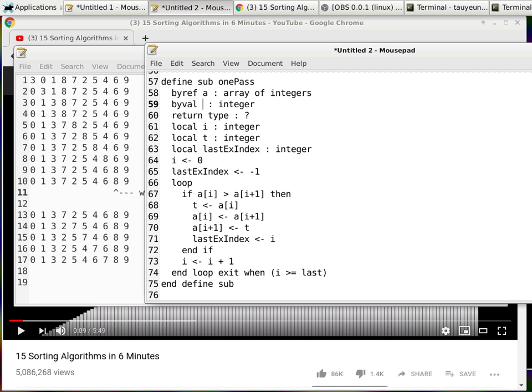Actually, let me... last. This has to be last minus 1, cannot be just last, because we are comparing to the neighboring member element of the array. So,